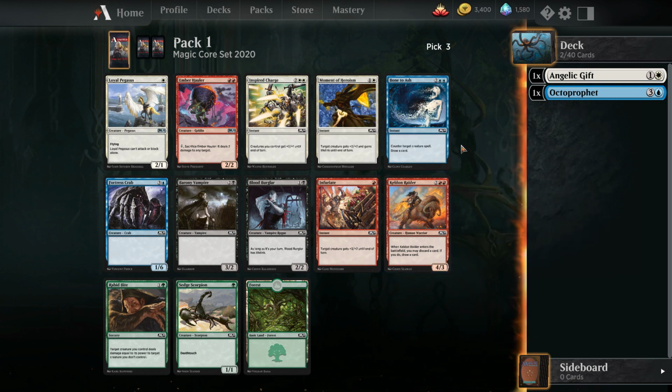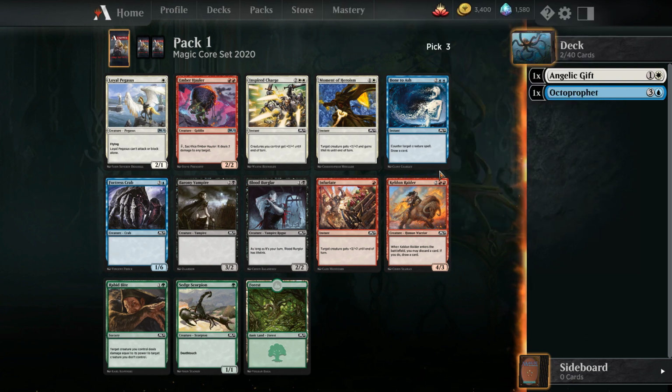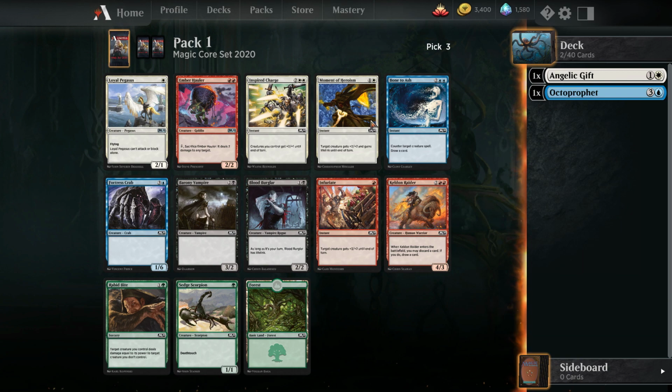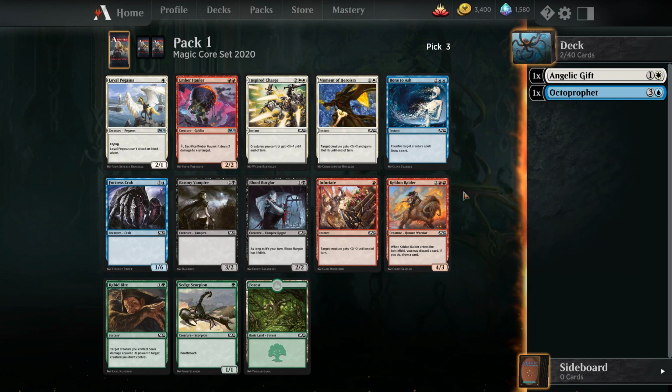So this is basically a 4/3 that when it enters the battlefield draws a card, which is a very powerful card. And there's also Bone to Ash, which is also very good in this format because everyone's playing really scary creatures all the time for free. Bone to Ash can counter any of them and let you draw a card. So Bone to Ash and Kelton Raider are both pretty good for Omniscience Draft. They're basically the only thing in this pack I would really consider as long as they are both in the pack. So I'm going to take...